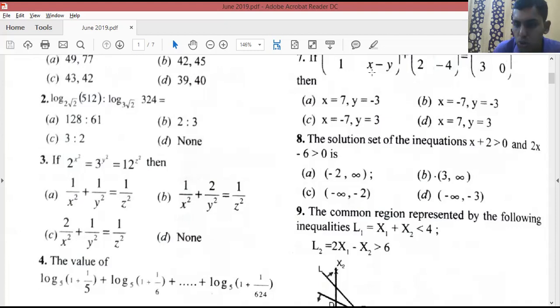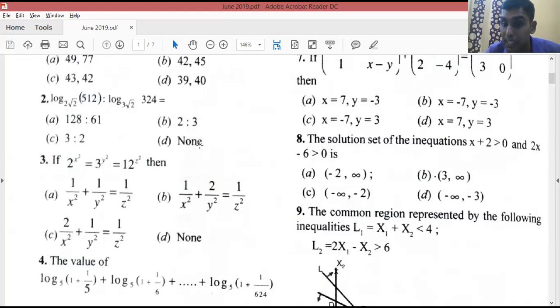So how to choose the answer for this question? x is greater than minus 2 and x is greater than 3. How to go about it? x greater than 3 is one condition and x greater than minus 2 is the other condition. Just go with the options. Minus 2 comma infinity, that is the minimum value is minus 2 and the greater value is infinity. Whether going with this option is fine or not? No, it is not a fine option.